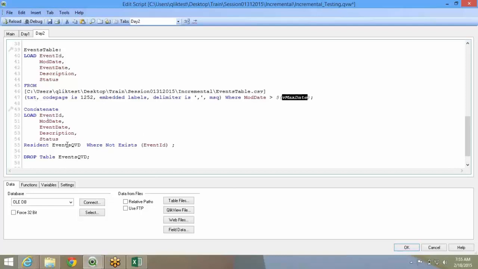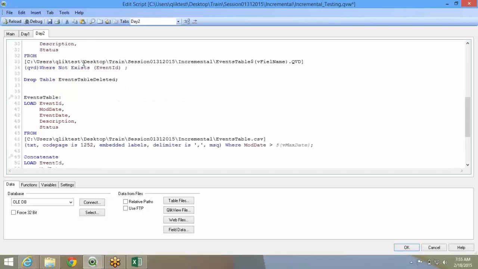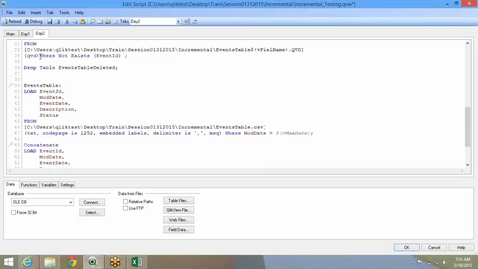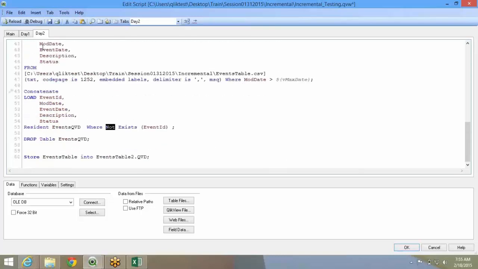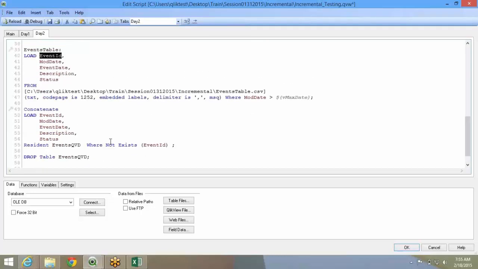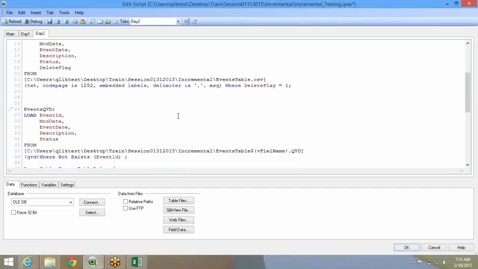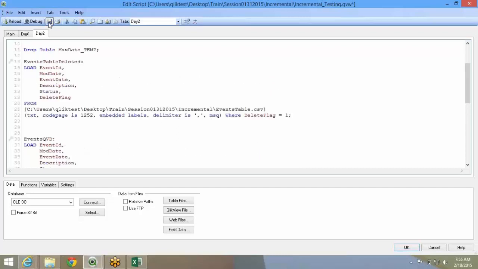Here what will happen is, I am reading it from the memory, which is the events QED table that I've created here. Now this table has already eliminated deleted records, so I don't have to worry. Now when I use the where not exist again on this table event ID, it will bring me only the records that are required, which have been modified or edited. That's all. So using that, I can run. So it's like a 2-3 time effort that you'll have to put for a deleted record. Unless you have this flag, you will not be able to control deleted records. You need to have a deleted flag for whatever it is.